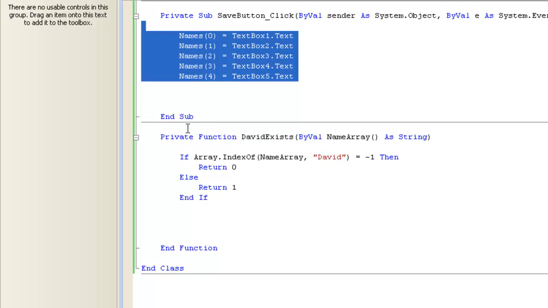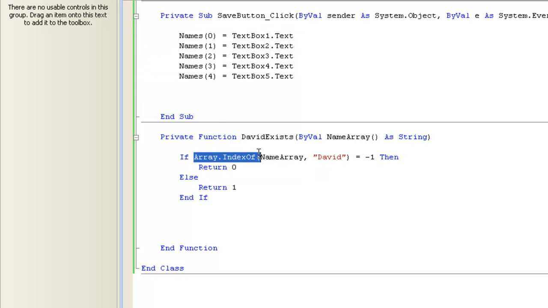Then I wrote a function called DavidExists, which asks, if array.index of name array comma David, in other words, if we can find David inside the name array. If we can't find David, which means if this thing returns -1, then we're going to return a 0. And this whole function, DavidExists, will give us a 0. But if we can find David, in other words, if this whole thing where we search for it does not equal -1, it will equal the index where David can be found, then we will get a 1